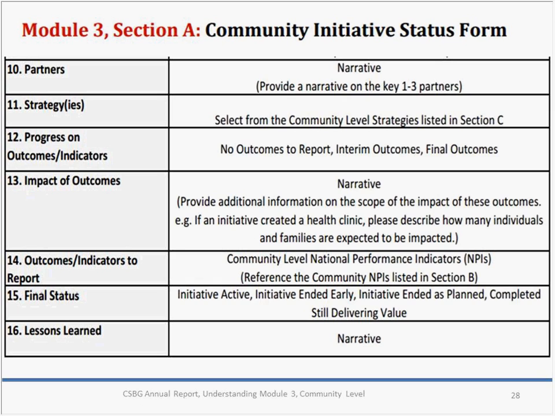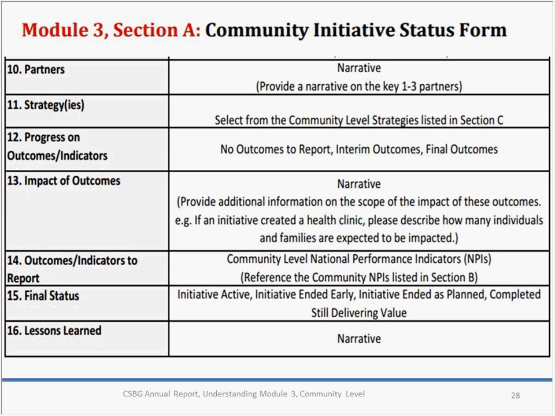And then 13, the impact of outcomes. This gives you a little more opportunity to add some context to what you're reporting in the NPIs, in that we can't see the full scope of work or all of the information about what you've been working on from reporting in the NPIs. So you could add some additional information there. And then 14, outcomes and indicators to report. This is where you would report on the NPIs